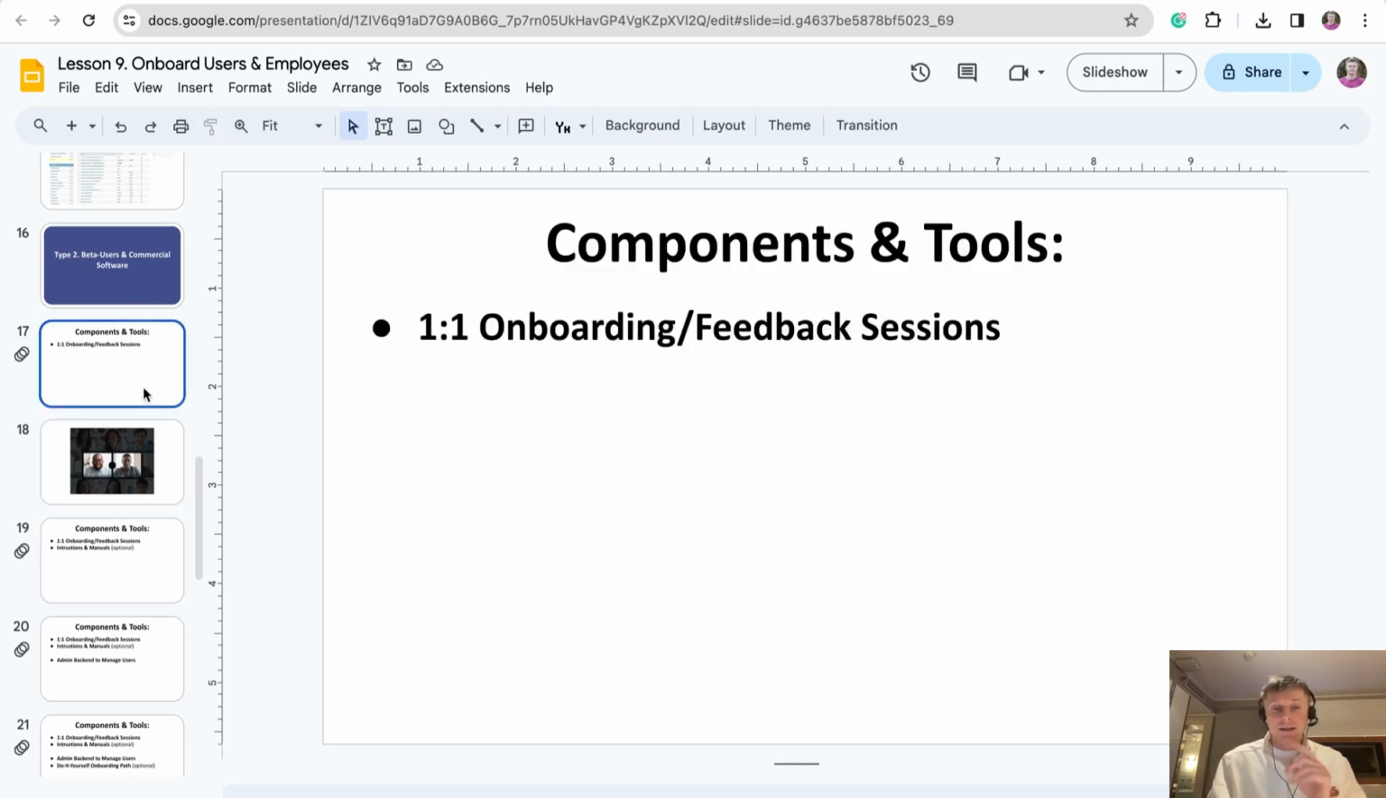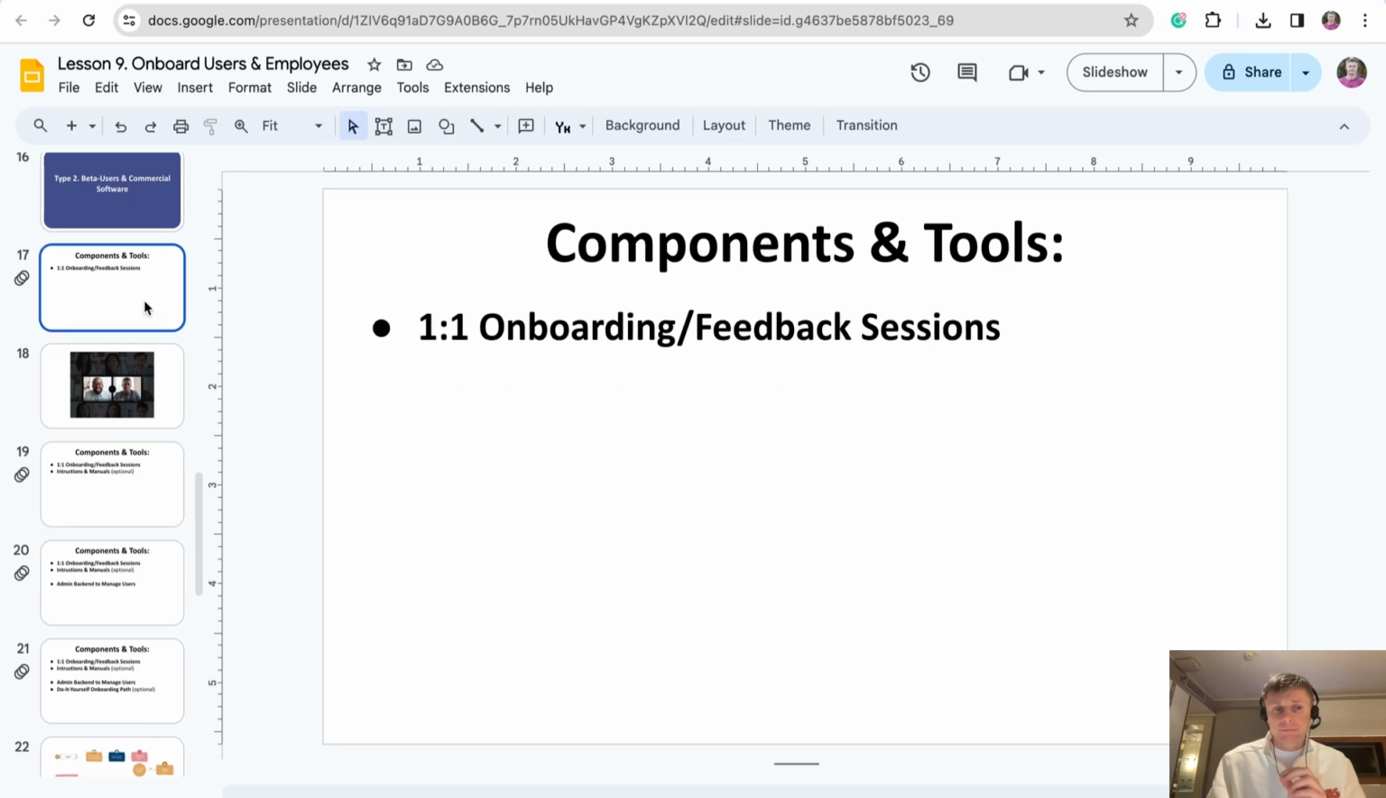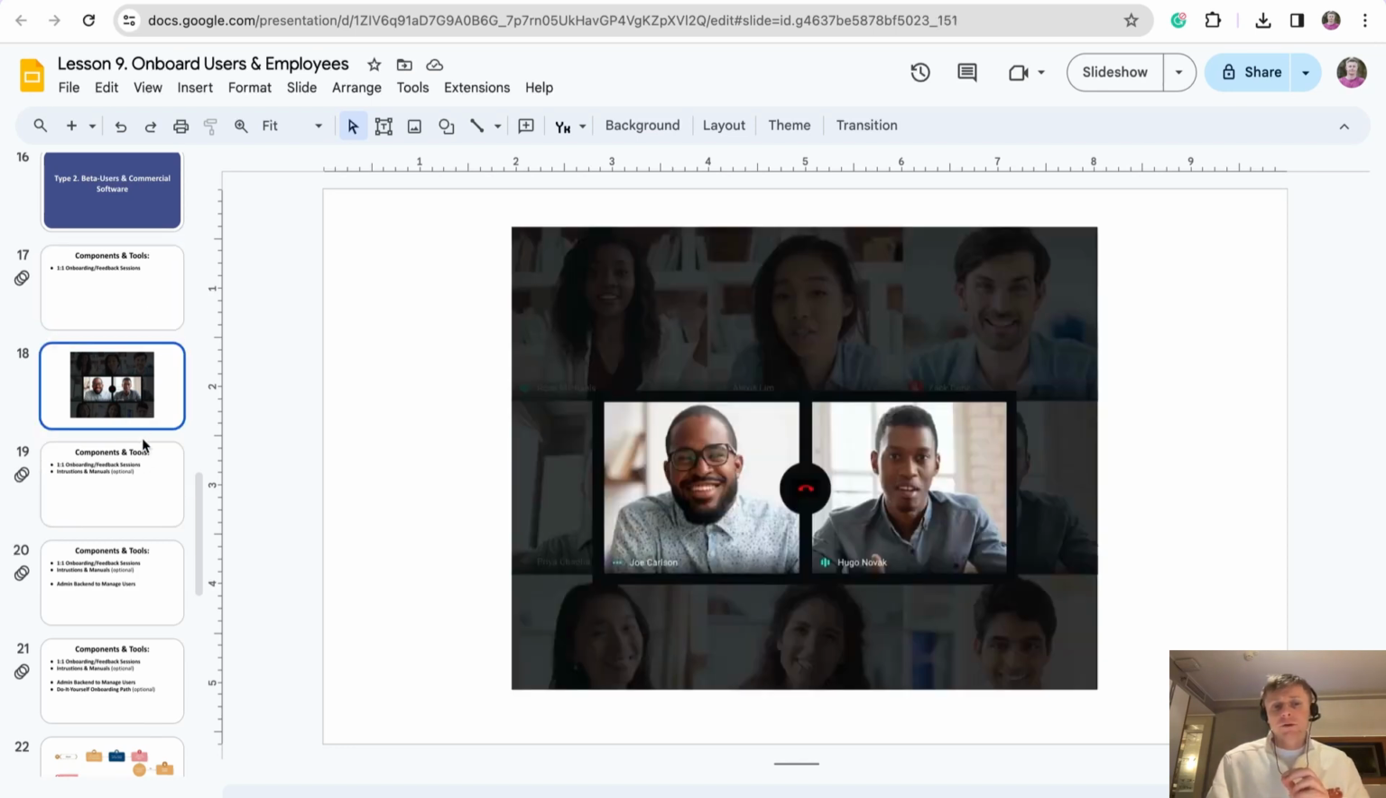This is a huge thing. One-on-one onboarding and feedback session, it's a must for beta user onboarding. Second component, instructions and manuals. Again, it's optional because you have personal contact, but if you want to avoid too much communication, too much explanation, and you want to focus more on learning from users what they need on this session,